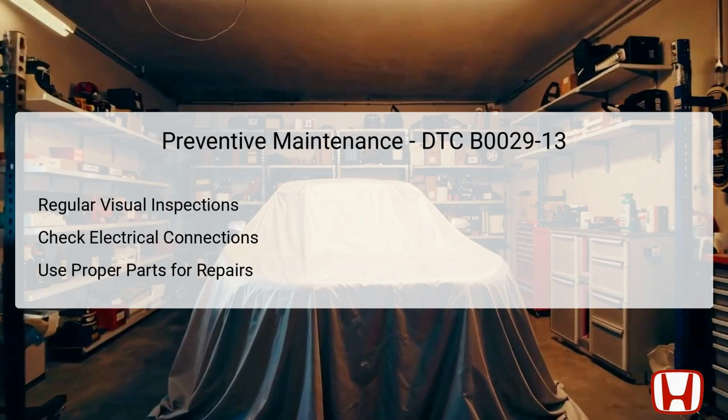When repairs or replacements are necessary, ensure that only genuine or high-quality parts specific to the Honda Accord are used to maintain system reliability. Following these maintenance strategies can contribute significantly to the longevity and dependability of the airbag deployment